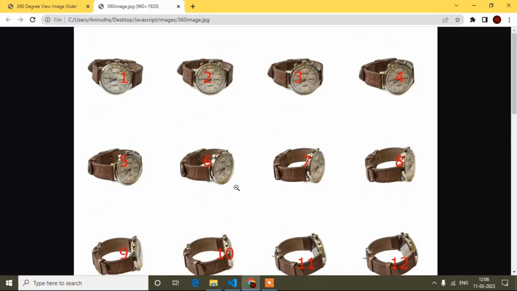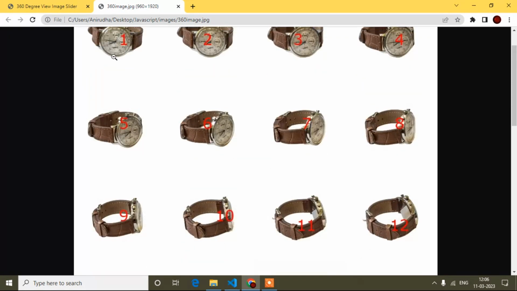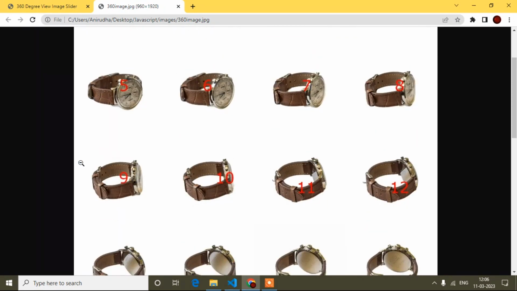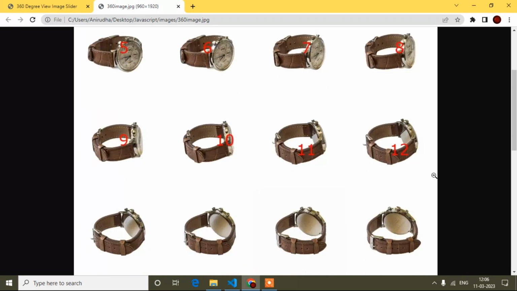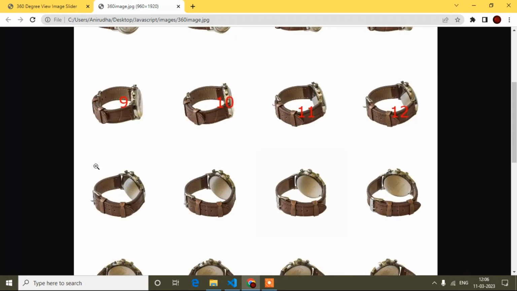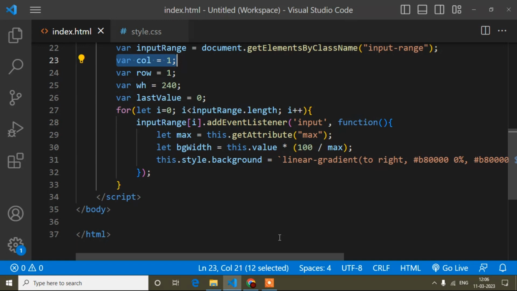So the logic is: 1, 2, 3, 4, then row 1, then column again 1, 2, 3, 4, then row 2, then row 3 with column again 1, 2, 3, 4, then row 4 and column again 1, 2, 3, 4. This logic I have to write here.